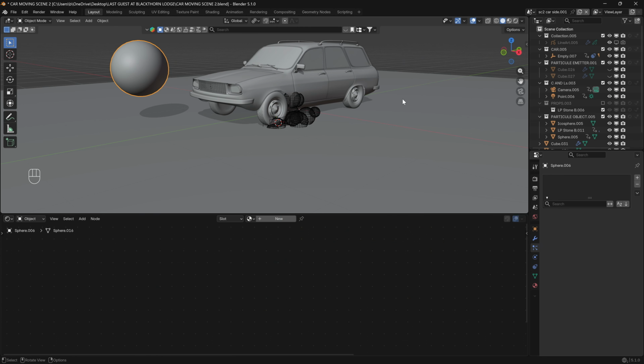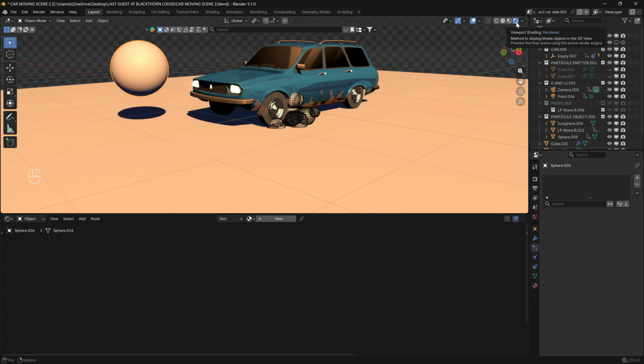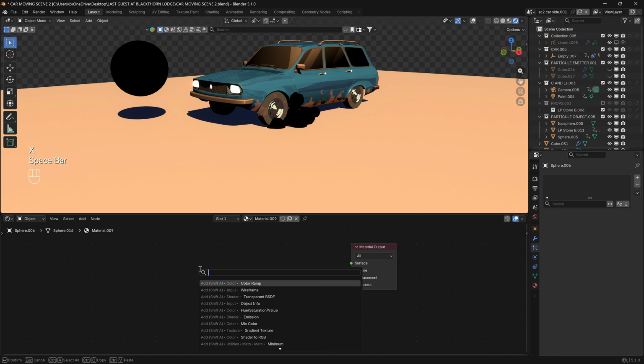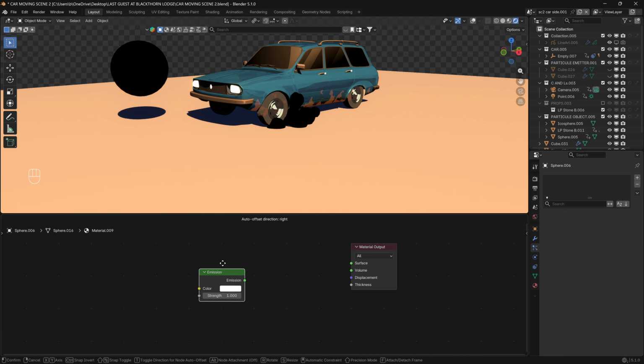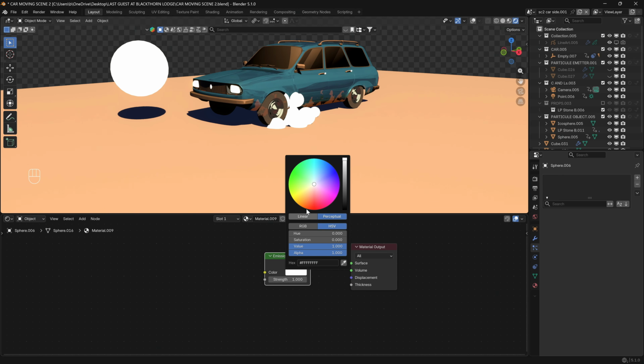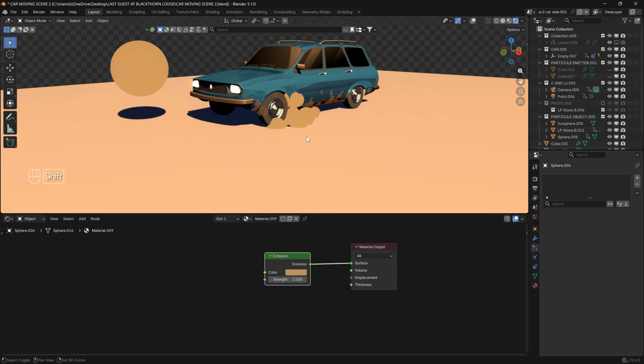Once we have this set in Blender, the next thing to do is add some solid colors. So we're going to come into render view, disable overlays, and we're going to add a material. Delete the principled BSDF and add an emission shader. Connect that in and we choose a color. Once we play the animation, it works fine, but there's a problem. It's opaque, so it doesn't look as pleasing as we want it to,